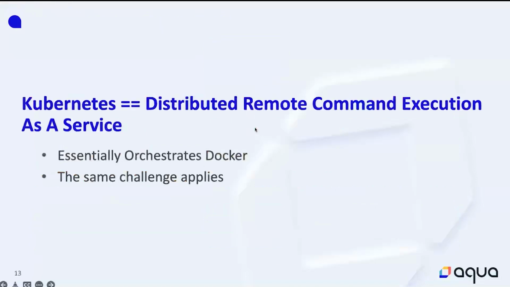Next slide. Kubernetes is ultimately distributed remote command execution as a service. So it adds the additional complexity of being distributed and remote to the mix. Also, depending on your environment, you might want even more complexity, such as multi-tenancy. You want to have multiple Kubernetes clusters that all communicate with each other as well, or multiple regions where each has one Kubernetes cluster. And the more complexity you add to the mix, the more difficult it will be to manage it, and the more issues you can face, I guess. But that's ultimately what Kubernetes does.